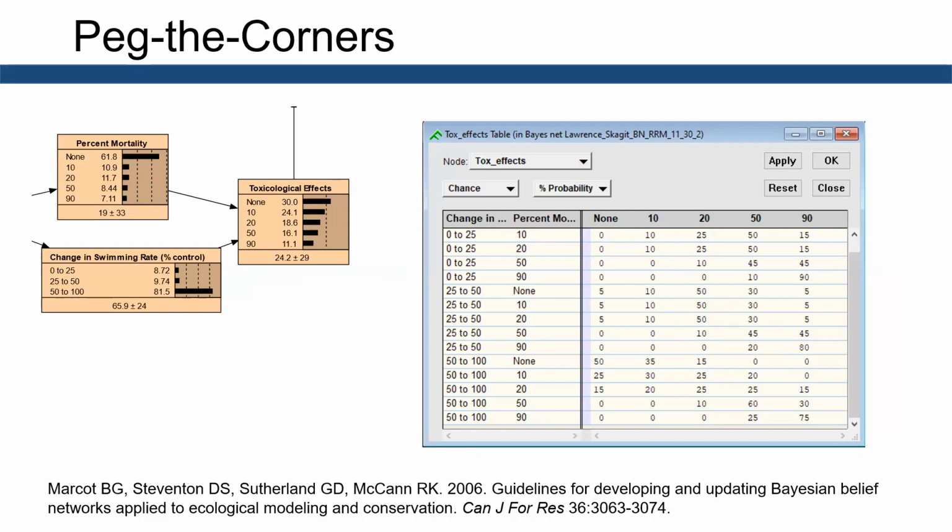And okay, so peg the corners. With this approach, you kind of take a look at each combination of your input nodes. So this is taking the mortality effects and the change in swimming rate and putting these together, taking each case of each combination of these, and then estimating what the probability of, this is like 90%, these different states are